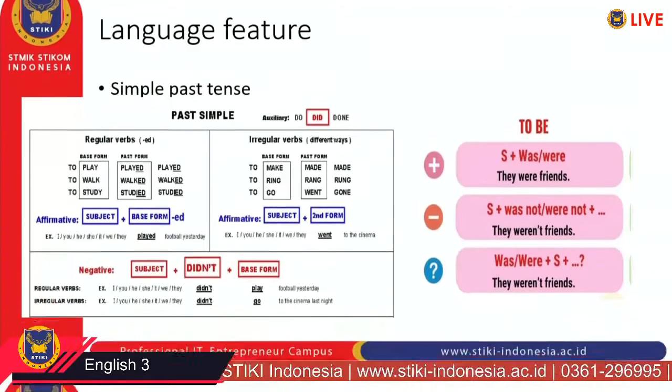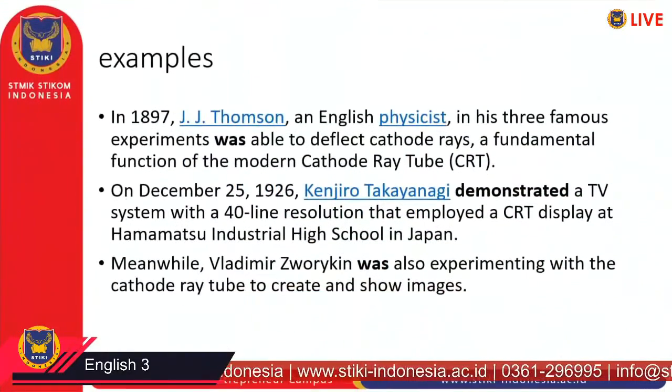Look at the examples. I have three examples here. You can see some of the words here I bold in black. The first one we can see was, and the third example is also was. Is it a nominal sentence? And the second one demonstrated there, it shows it is a verbal sentence. Okay, let's move to the newest technology.